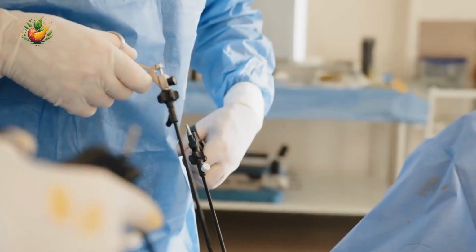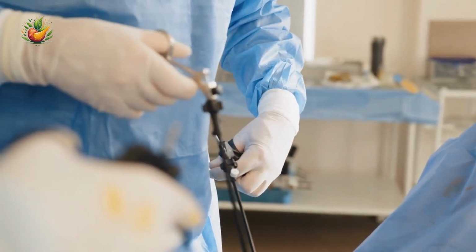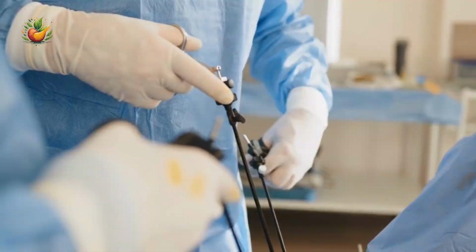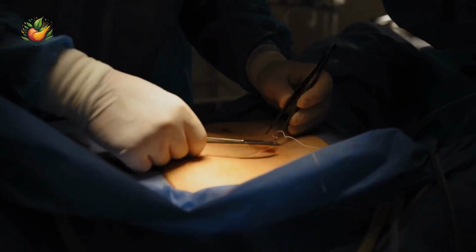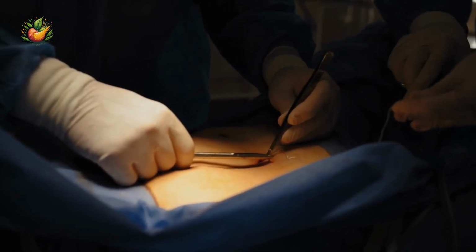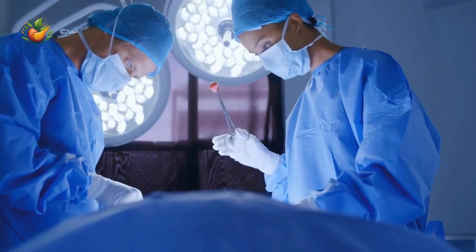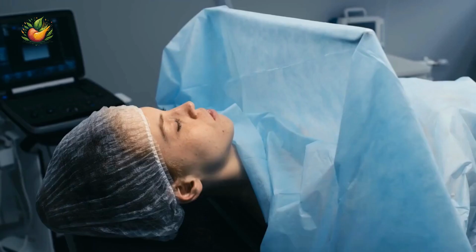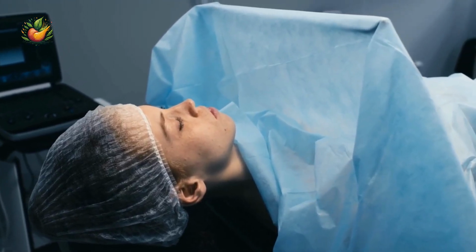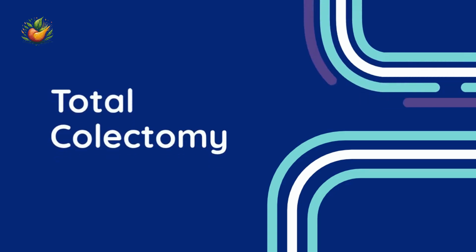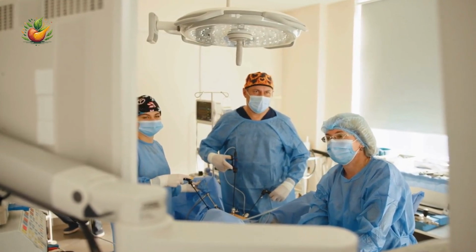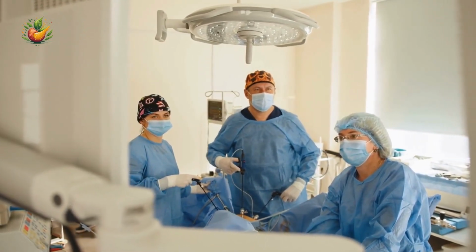Colectomy. When cancer is more advanced, a colectomy may be necessary, involving the partial or full removal of the colon and nearby lymph nodes. Think of it like cutting out a section of a long hose that's been damaged to ensure the whole system continues to work effectively. There are two main types. Segmental resection: this is when a part of the colon is removed, along with some healthy tissue surrounding it. Total colectomy: here, the entire colon is removed, typically reserved for severe cases or underlying health conditions like inflammatory bowel disease.